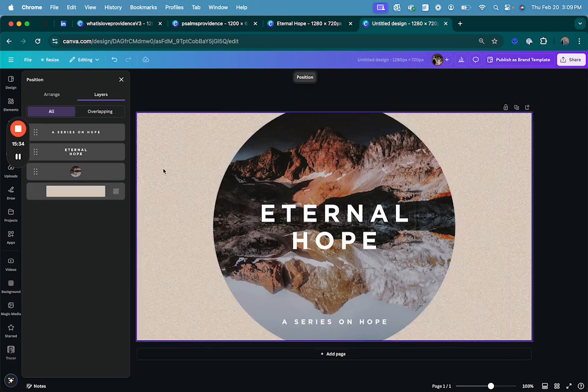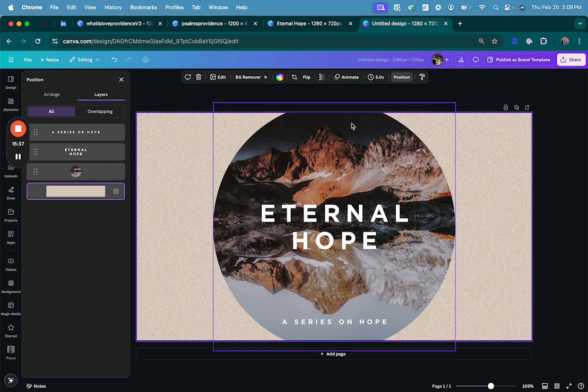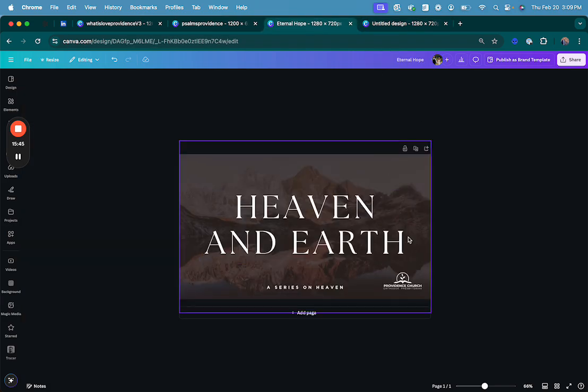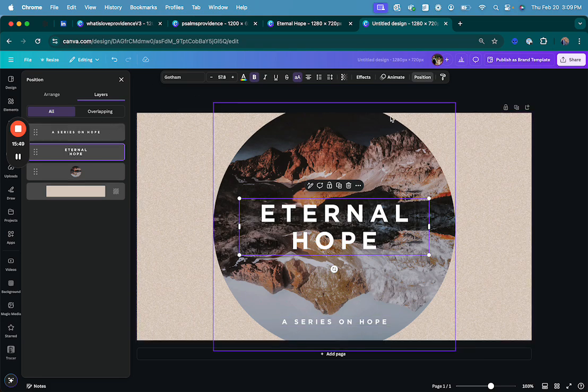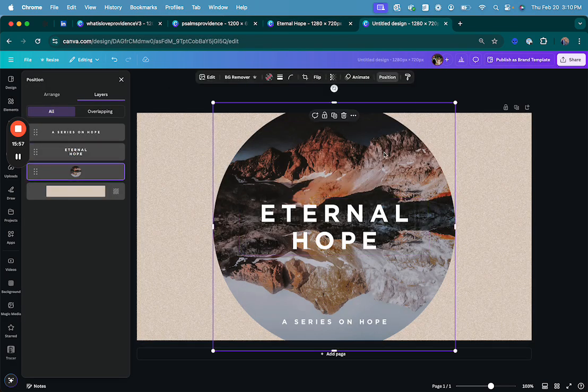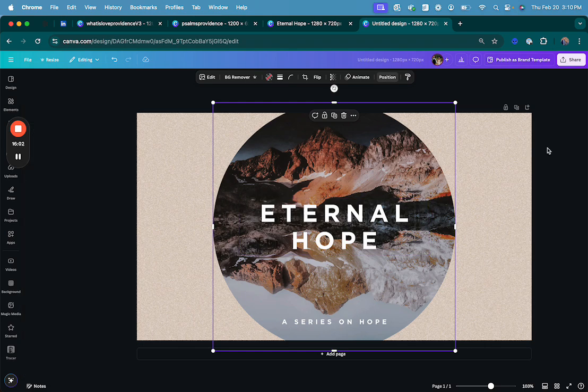Okay, now I'm left with this shimmery background and this circle and this text and this thing. So again, just to give you a reference, somehow I made this by dealing with all the stuff that I was given. I really like this photo. So how do we get it? How do we get that photo out of the circle? What if we don't like that circle? You could still use the circle. You could just use this as the